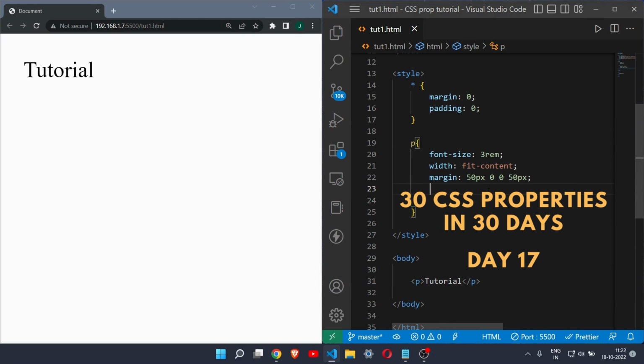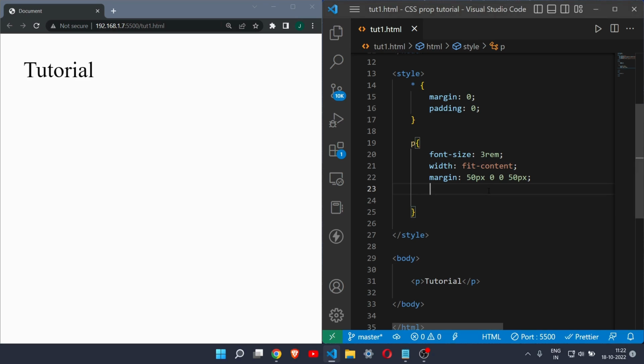Hey everyone, and welcome to the 17th video of this playlist in which I will show you 30 CSS properties in 30 days. And in this video I will show you the property called transform. It is one of the most fun properties to use in your CSS and you can do a lot